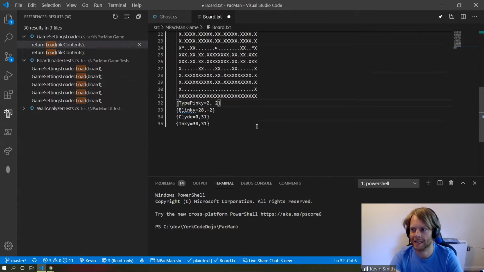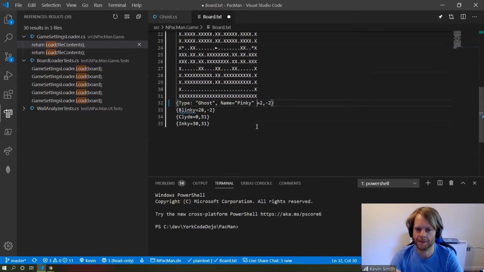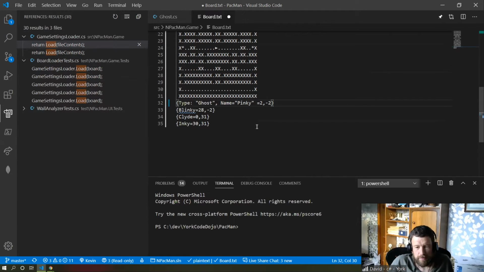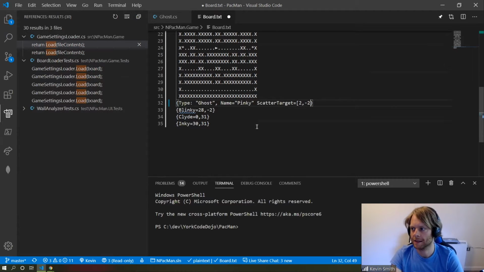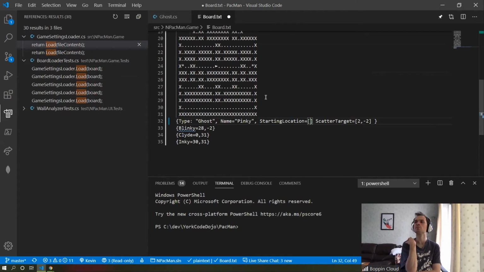Do we want to declare it with like a type ghost, name? Why is it pinky? Oh yeah, name. Do we need anything other than a ghost? Yeah, because you'll need fruit. What's this thing? That's its target. It's scatter target. Yeah, scatter target. Yeah. And then we have starting location, I think. Which would be